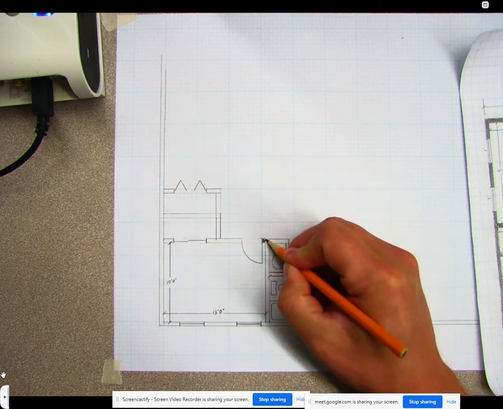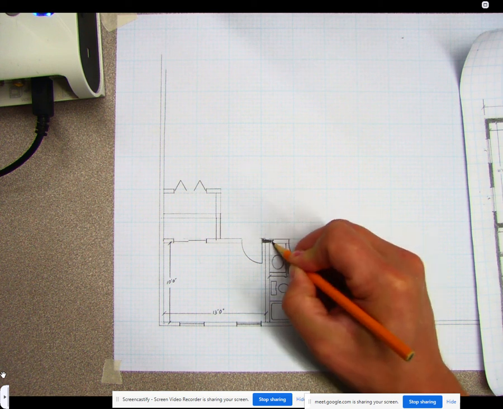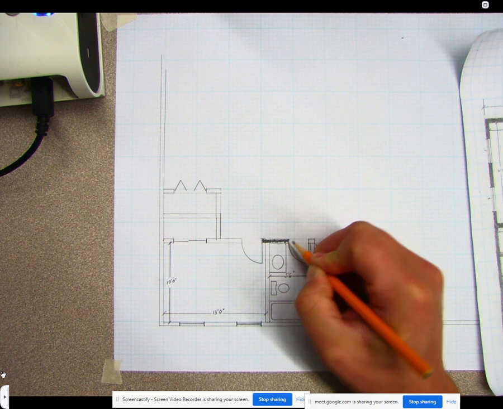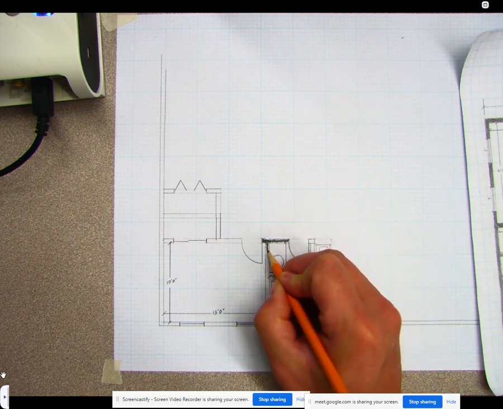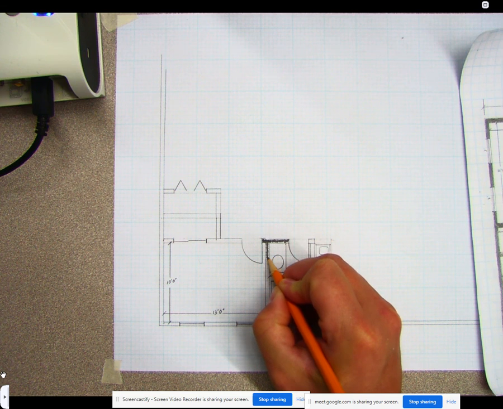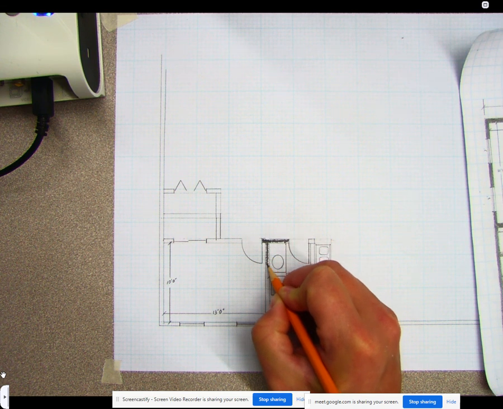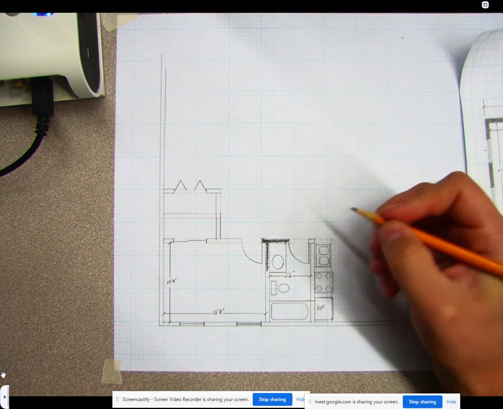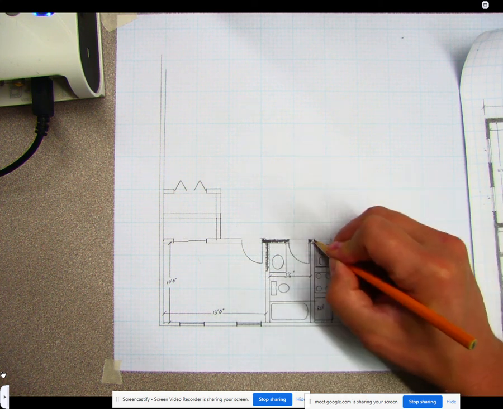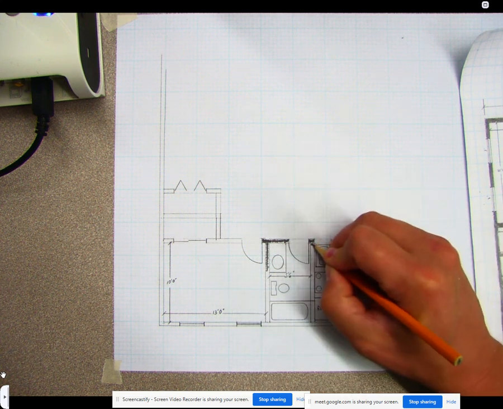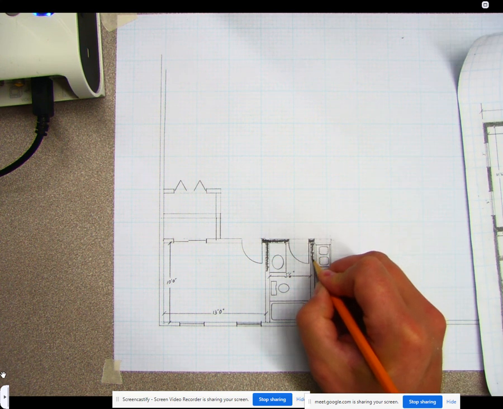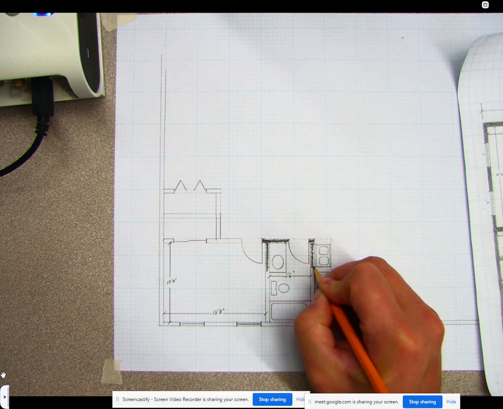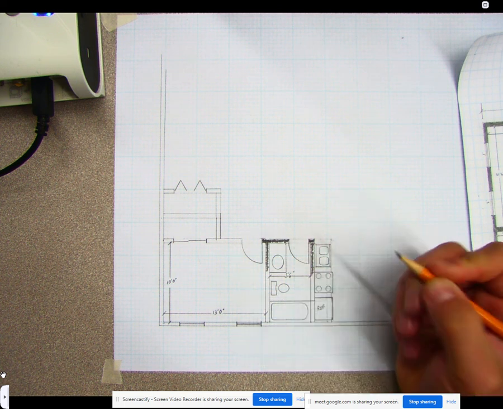So I'll start over here. Now, in architectural drafting, you don't have to fill them in perfectly, which you can kind of see I have a little bit of a gap of spacing in between here. That's just the style and how it's done. As you can see, this is going to take you a while to do. So that's why it's not really a requirement if you don't want to. Okay. So that is how you do all of your walls, doors, windows, and all your elements inside